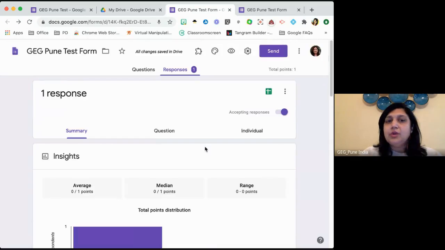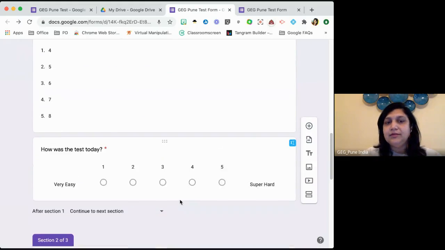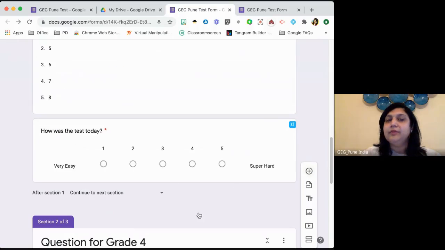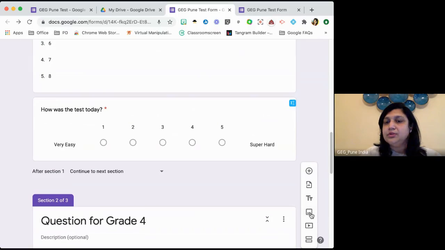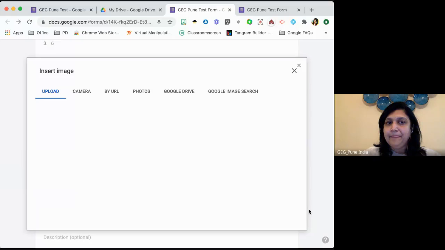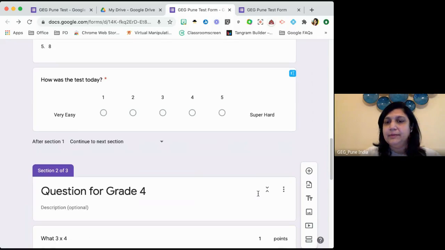Now, it is not always required that the form has to be multiple choice, grades, and everything. A form can also have images. A form can also have a video that you want them to watch. So if you go here, all these options, insert an image, you want the student to answer the questions based on the image. Like you put pictures of the national flower of India, or put 2-3 different flowers' pictures, and then you say click the correct answer.